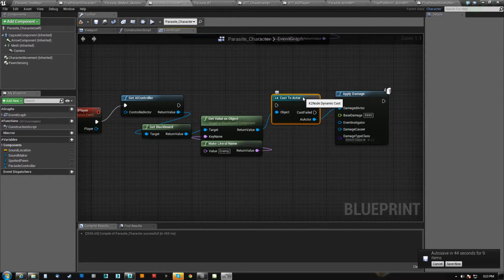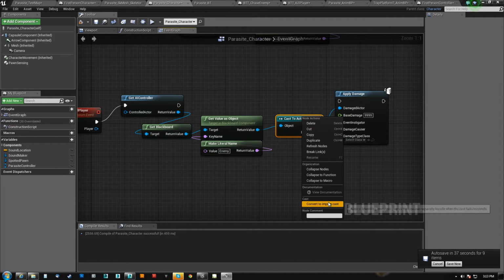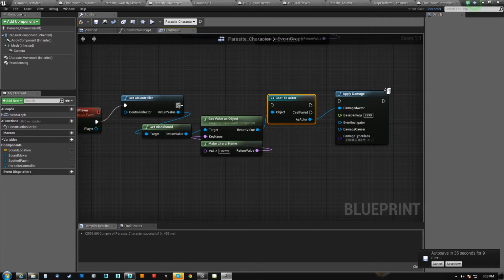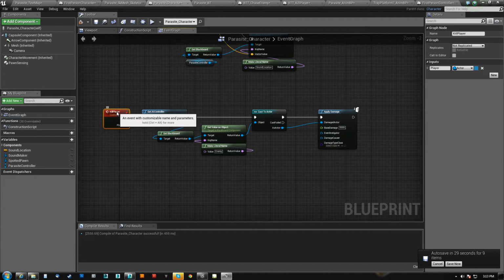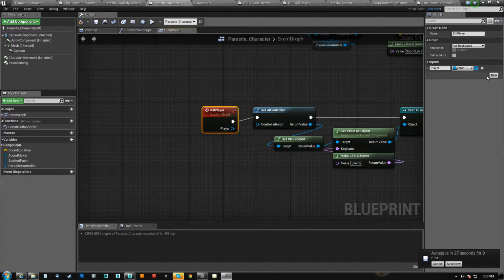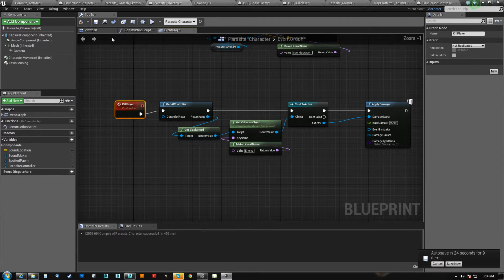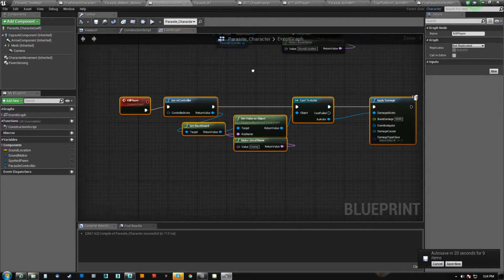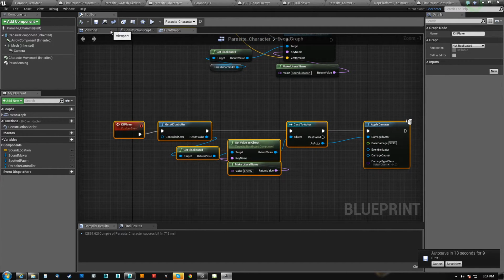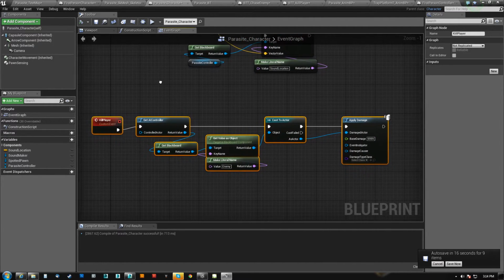All right, and again, we do know that this will be correct, so we could do a pure cast, but just in case, for safety's sake, I'm just going to not bypass it so that the failed goes nowhere. Okay. So we can now kill the player, and to be honest, we don't even need this input, so let's kill that. And we'll compile that. And let's see what else. After we kill the player,